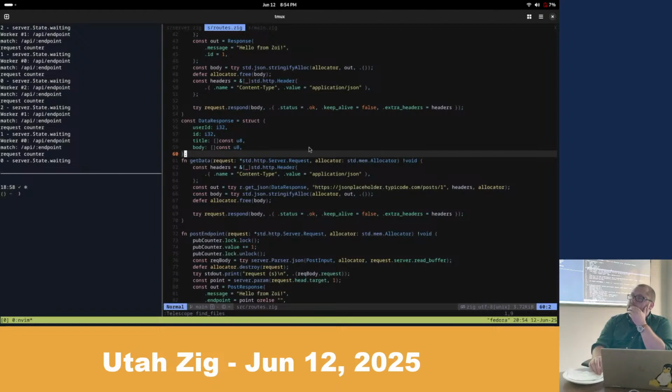An example of a tuple, and actually Zig does this: Zig does tuples and structs the same, because an anonymous struct is the same as a tuple. So a key-value pair as a struct would be name AJ, age 38, location Provo. A tuple would be if you omit the keys. So you have differing types of data: AJ is a string, 38 is a number, and Provo is a string. So that would be a tuple.